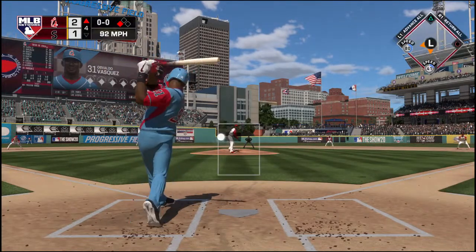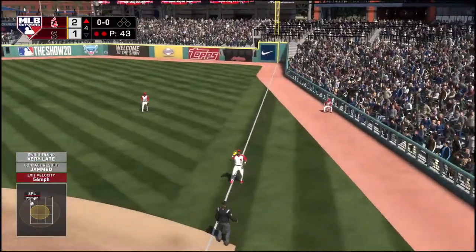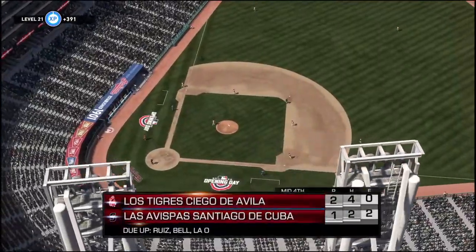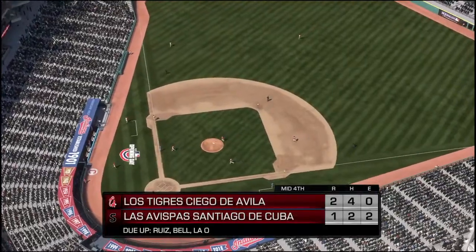Ready to deliver. Here's the first pitch. And he gets him to pop it up on the right side of the infield. Ruiz has got it, and the side is retired. So 1 run here on 1 hit, 2 costly errors, and a runner left on. On now to the bottom half of...